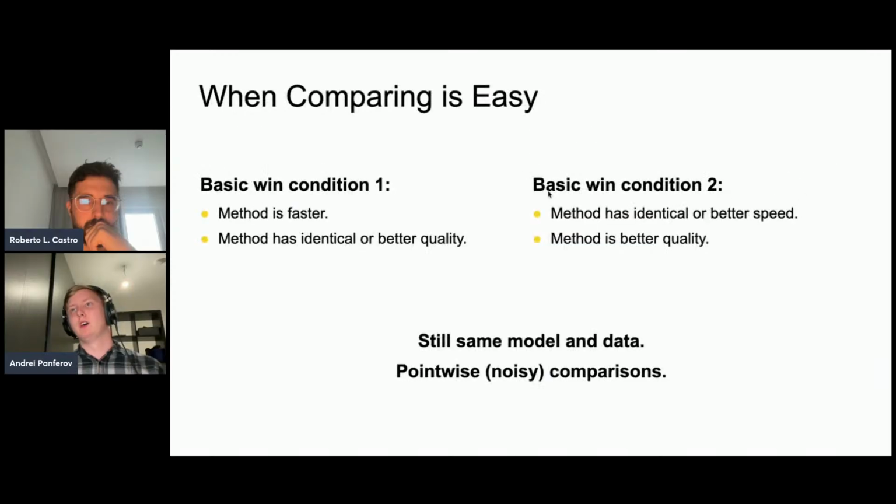And in general, this is one of the two easy comparisons you can make when comparing inside this trade-off, because the basic win condition for this trade-off is that your method is faster but has exactly the same accuracy, which I've been showing for a few slides, where they mostly claim that they fully recover the model performance while providing some speedups. Or another win condition could be that it has identical or faster speed while having better quality, which